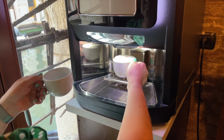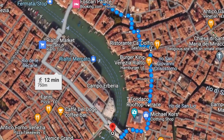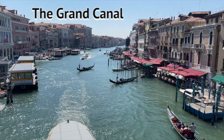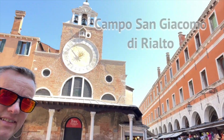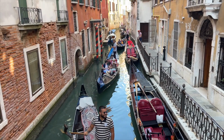And off we got, down to Rialto Bridge, which was our first little trip. Didn't take long, 15-minute walk. A really pretty, pleasant place, that. Dotted all over the place are these little clocks, basilicas, buildings of interest, the canals obviously, and it's about time